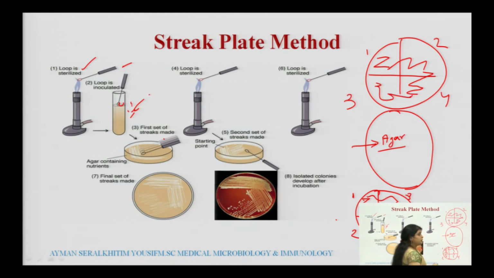So, there are various types of streaking; there may be parallel streaking, there may be multiple streaking. So, what will streaking do? Streaking will spread the culture which had a number of microorganisms, and the cultures will be spread with the help of the streaking technique, and once you spread them, the microorganisms get isolated.